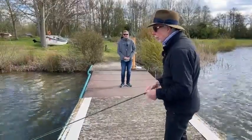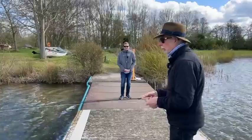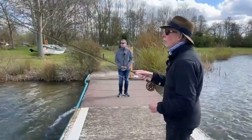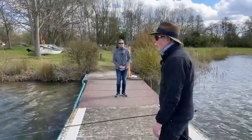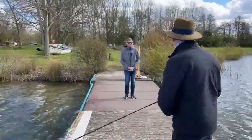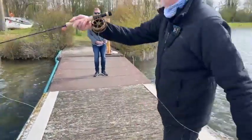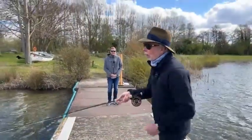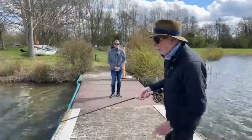But again, I'm looking at it from the point of view of a fishing rod, not a casting implement. Oh, that's sweet. Oh, crikey. I mean, just watch it go. There we are. Lovely. Wants more too, doesn't it? Oh, yeah. Plenty more in the tank. I mean, we're cheating a little bit because the wind is kind of helpful, but